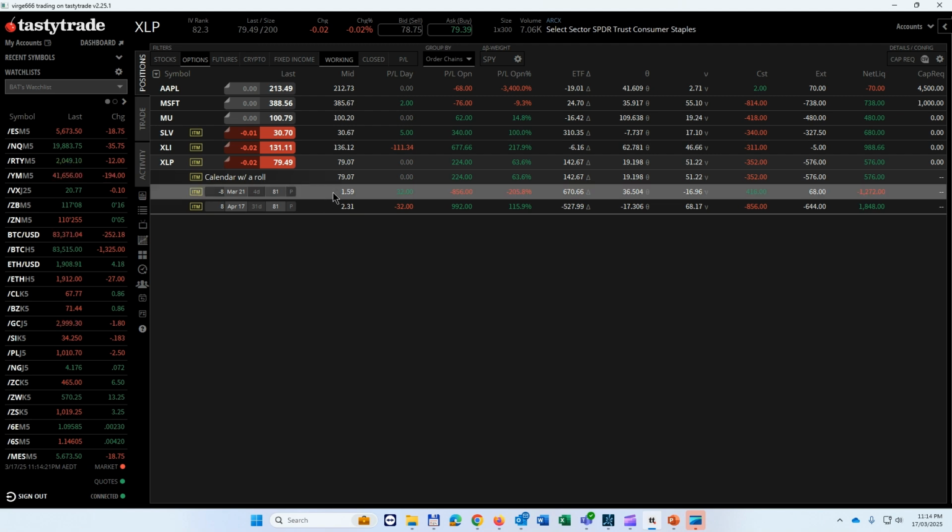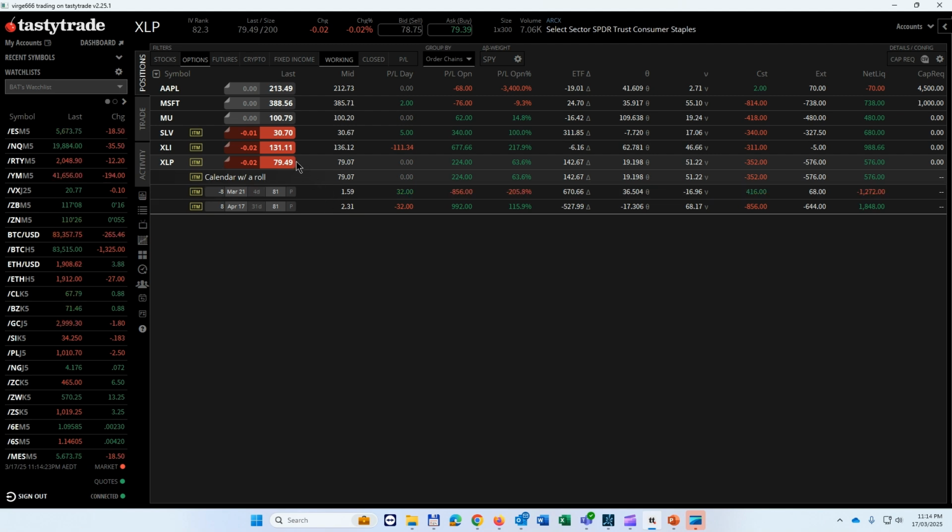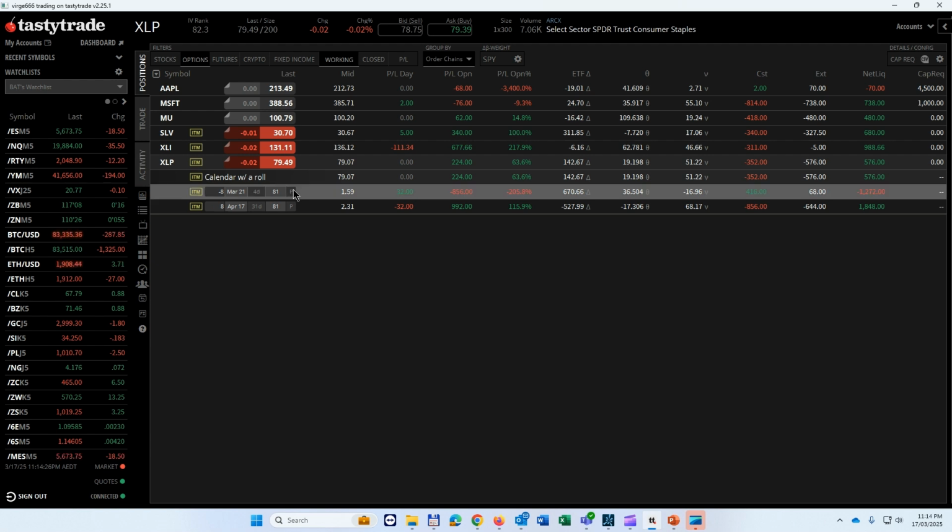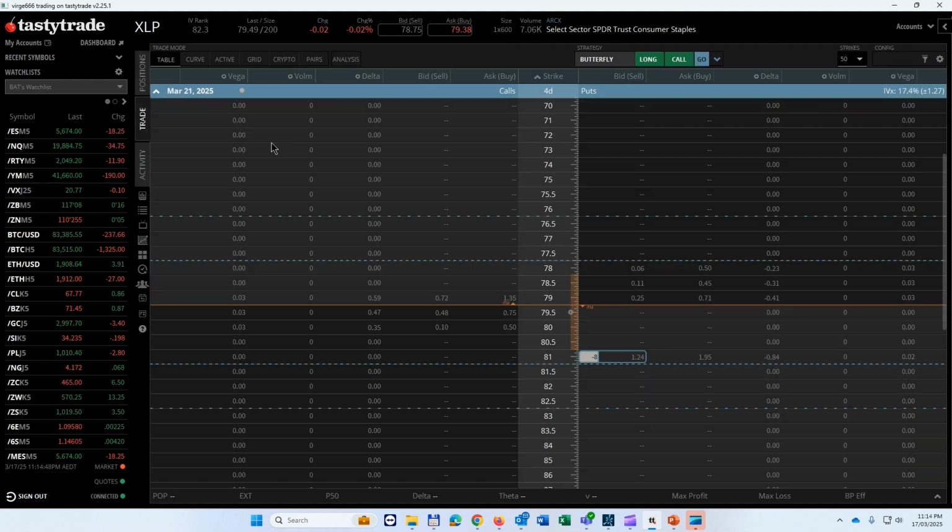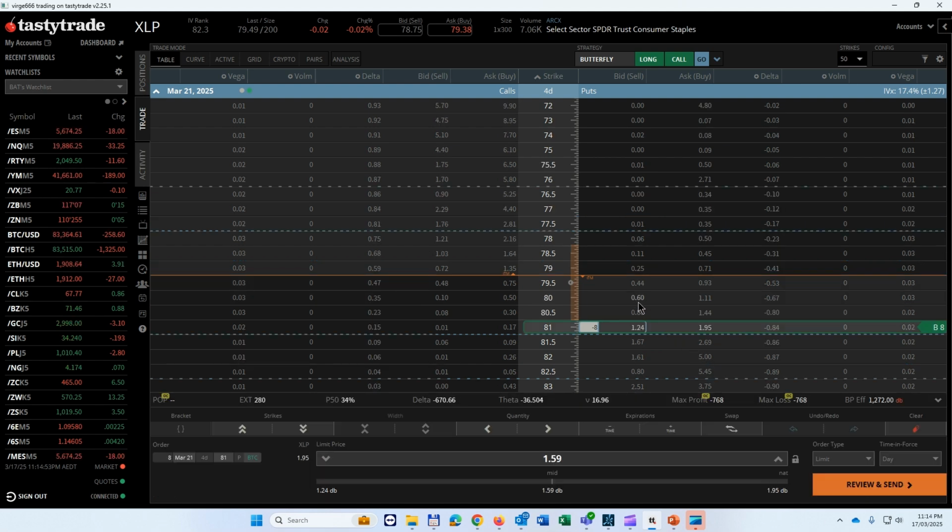We're looking at XLP. There's $1.49 left in the short 81 puts. I'll probably roll that down. It's a nice offensive trade because we're long it at the moment, but I want to be short it. So the 81 puts, we're currently how many deltas? 142 long deltas. Wow. That's going to be wrong, that's an option pricing error. But we'll take this one, we'll buy that, and we'll probably sell.